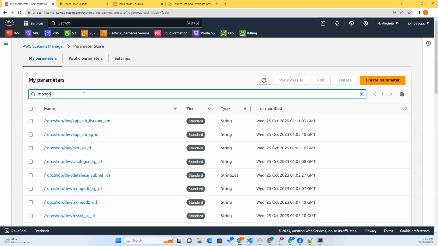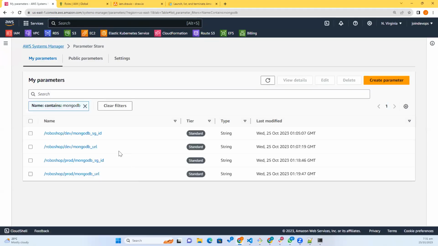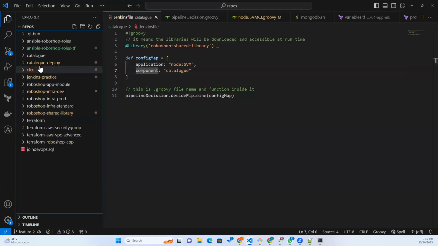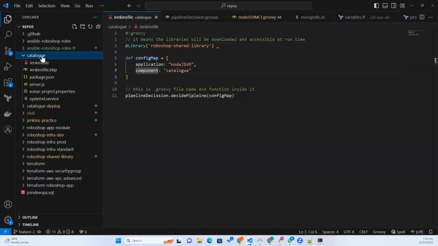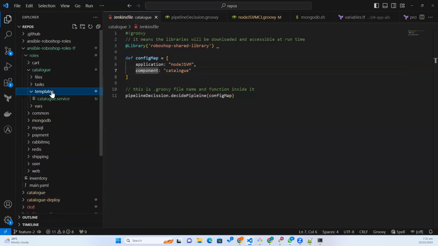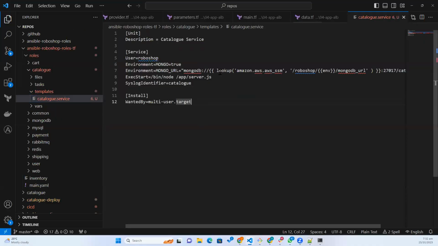Here we have MongoDB URL. RoboShop dev MongoDB URL. So here we have it. So catalog, we are referring, what is it? Catalog, roles, catalog, and then template. Here we have MongoDB URL. So instead of hard coding generally, what you can do is dynamically fetch it from the